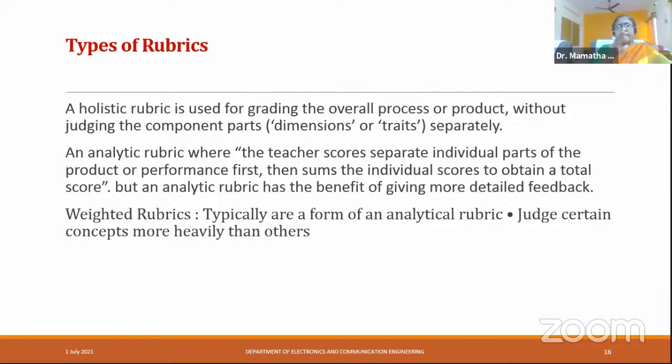An examiner or a judge can tell, okay, this product or this performance is good or excellent. It is just an overall assessment. It doesn't involve much dissecting of different aspects of learning. For example, if you have watched the American Idol competition, a performer will come on the stage, and then he says,